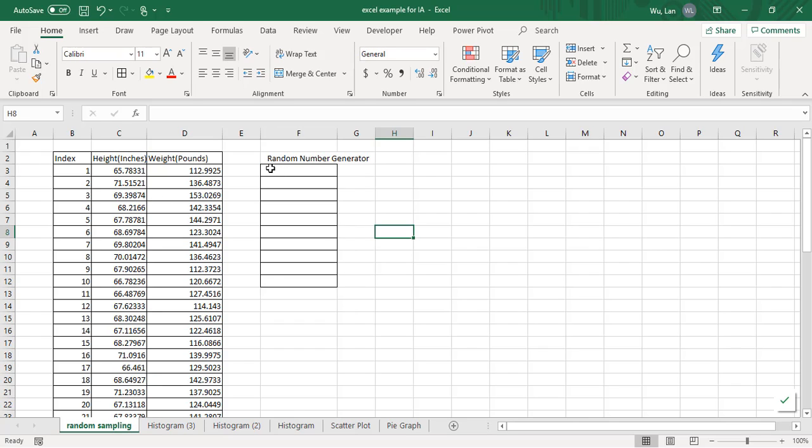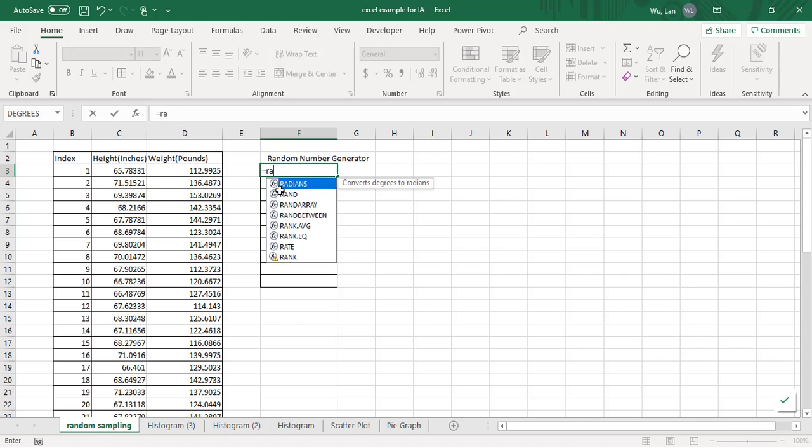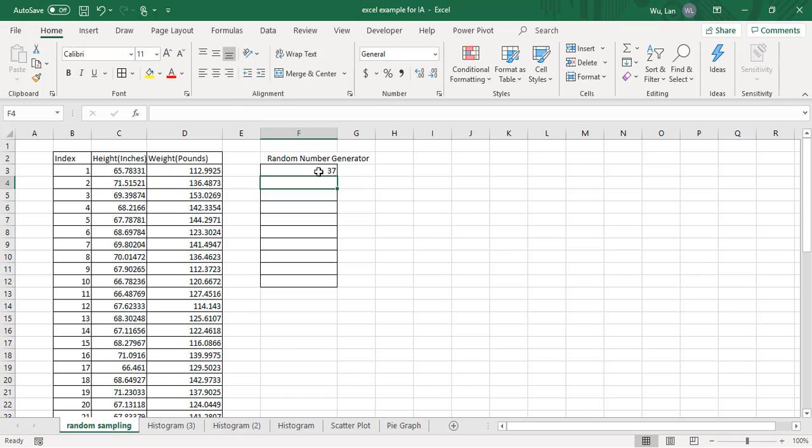Then you click on the first cell, double click, put the equal sign, type RAND. Then you could see this is 3. Click on RANDBETWEEN. Then you will do from 1, 50, parentheses back, then enter. You will get the first random number. Then click this cell again, find this plus sign, drop down, so that you can get the 10 random numbers